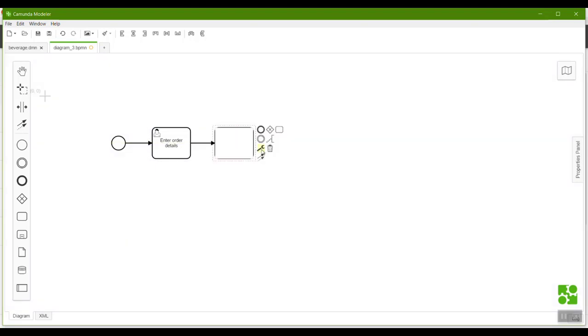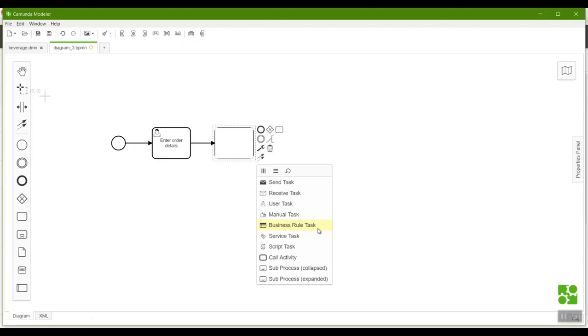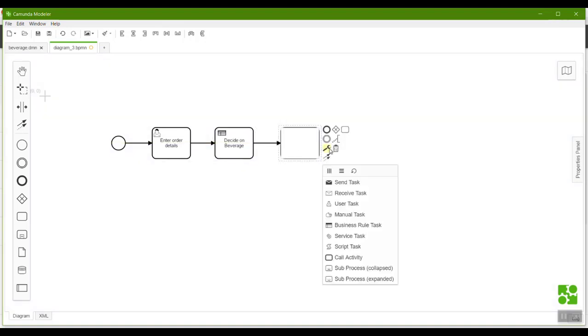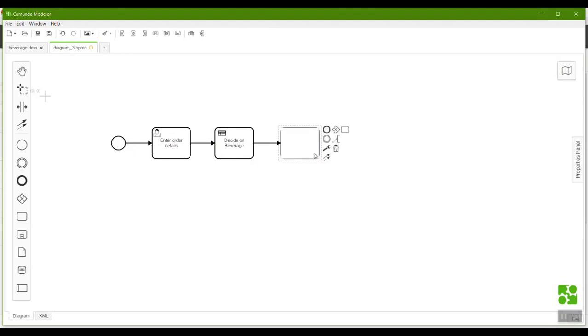The next part of this process is going to be a business rules task. So this is a task in BPMN in which you can directly attach a DMN model. So I'm going to select that, and I'm going to write in here decide on beverage. Okay, and then finally we're going to return back to the user where we can display to them the beverage that is selected. So this is view beverage. Alrighty, and then we shall end the process. Right, so it's a really simple process that's going to allow a user to evaluate the table whenever they feel like it using a user interface.